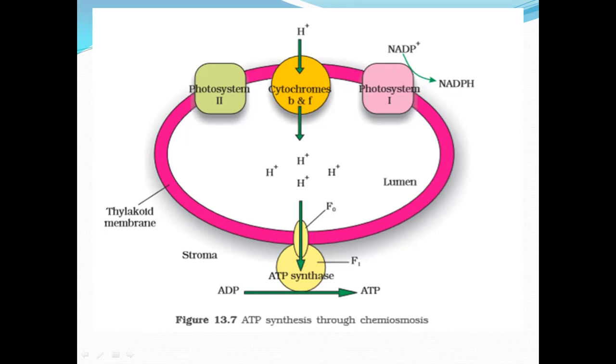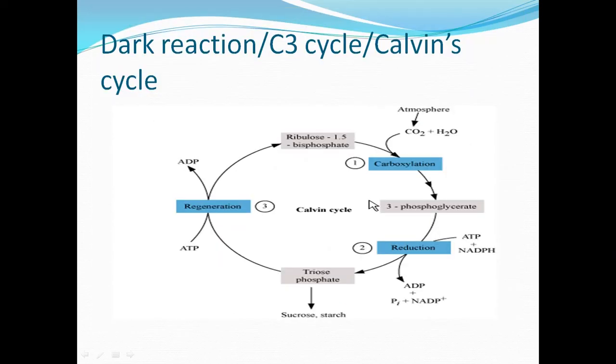Now, this is all about light reactions. Let's discuss dark reactions. They are called so because they are independent of light, meaning they don't require light. These reactions take place in the stroma of the chloroplast. Dark reactions are completed in a cycle called the C3 cycle or Calvin cycle. It is completed in three stages: